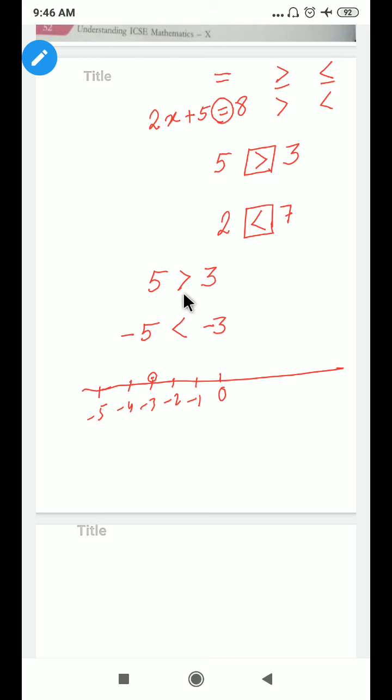That means I want to say if you multiply both sides by -1, then the sign will be changed. The greater than sign will be changed to the less than sign. In a similar process you can use it here also. If you multiply both sides by -1, 2 is converted to -2 and 7 is converted to -7. At that time the less than sign is converted to the greater than sign. Okay, these things you have to remember, all other problems you have to do like an equation.